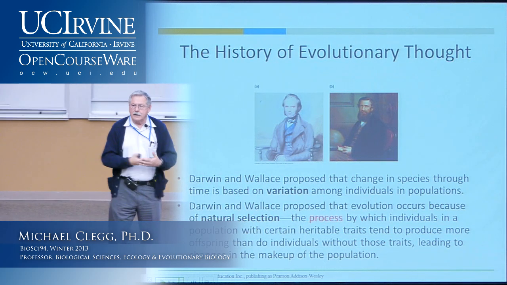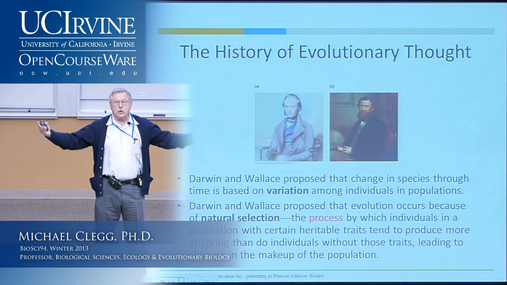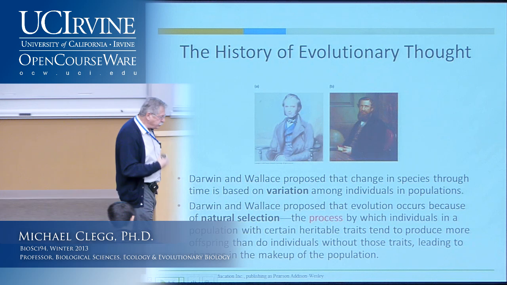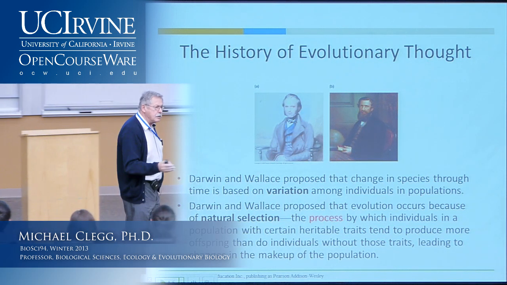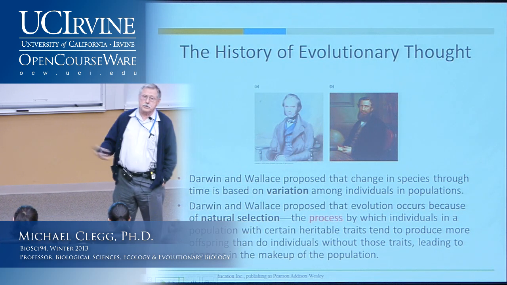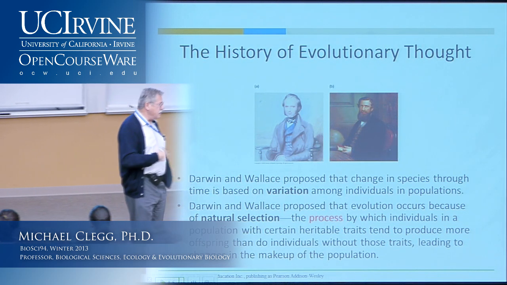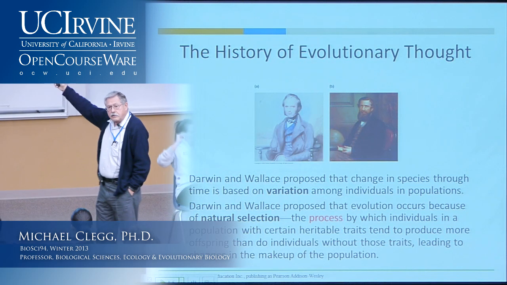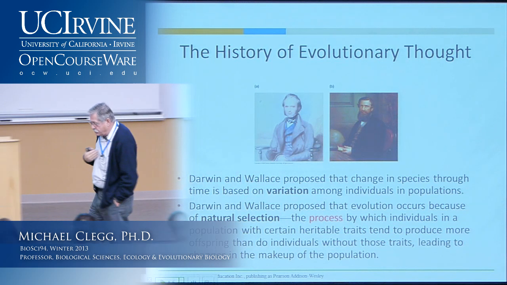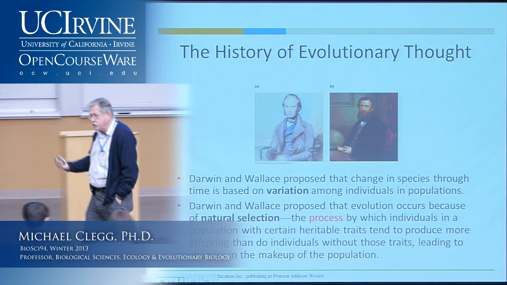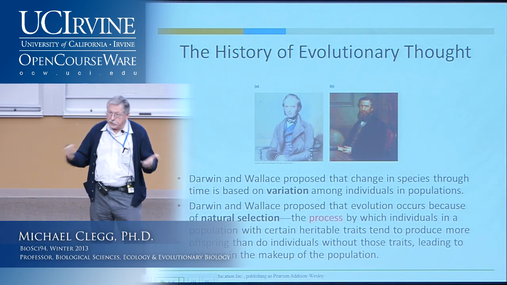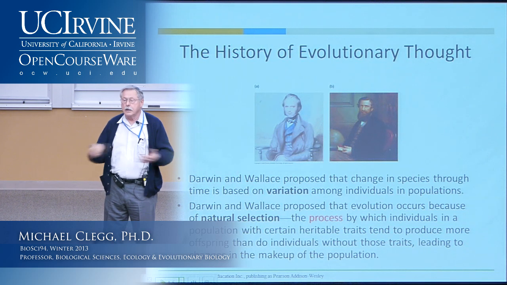Remember, I made the analogy to the people in the class. We all look different. In many traits, we differ. So that represents variation. Some of that variation is actually determined by our genes. Some of it is determined by the environments in which we developed. To the extent that the variation is genetically determined and that possessing those variations gives you an advantage in a particular environment, you will have a better chance to survive, and will leave behind your genes to